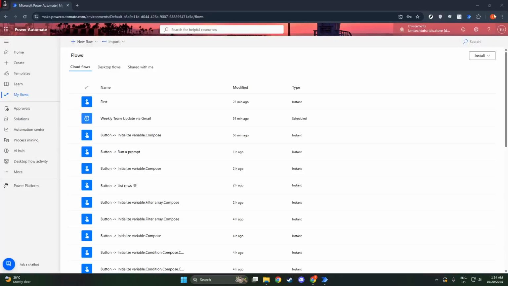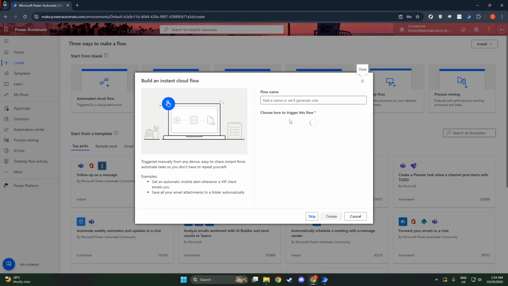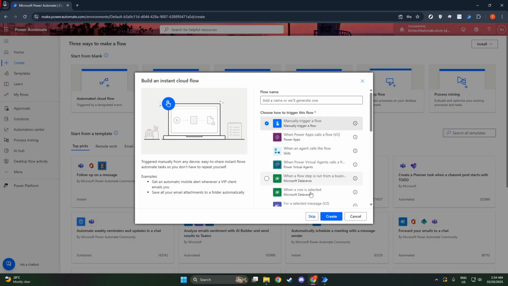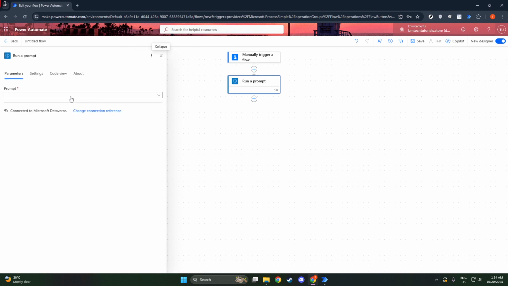In today's video, I'm going to teach you how to do error handling in Power Automate. Error handling is a crucial part of any automation process as it helps you manage unexpected situations effectively, ensuring your workflows continue to run smoothly. When something goes wrong, having a plan in place can make all the difference between a minor hiccup and a